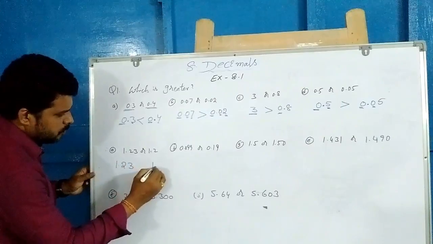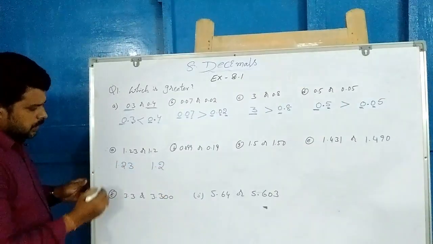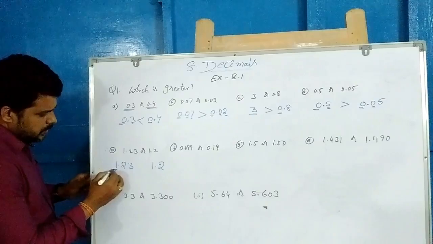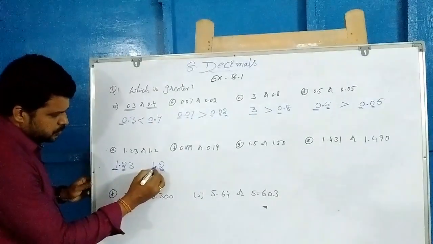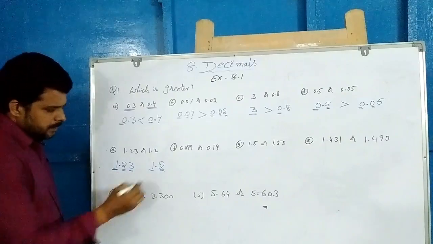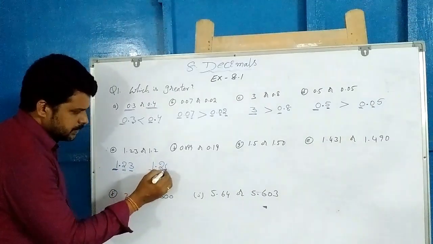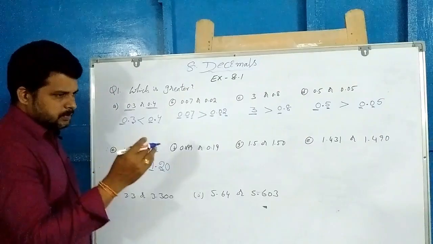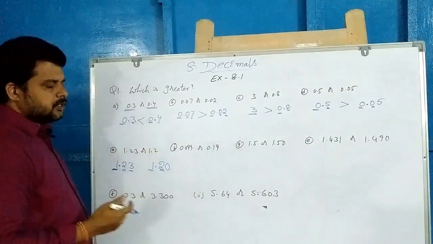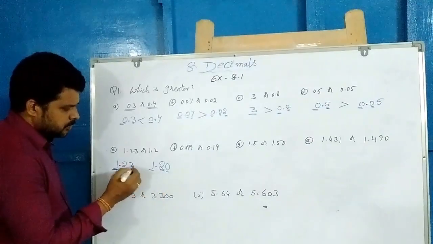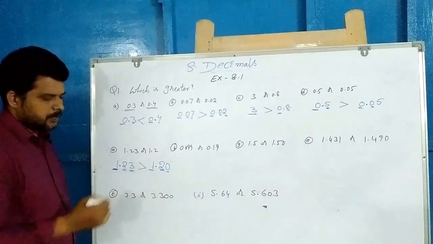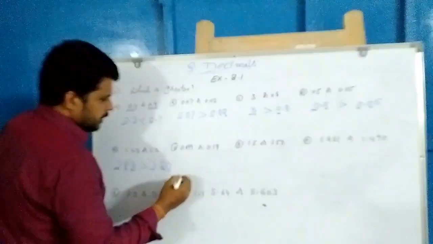1.23 or 1.2. Now check, the whole number part in both is equal. The decimal part's first one is 2, here also 2. Here 3, here there is no value. So take 0 after the decimal, the last value is 0, no problem. So 3 and 0. Comparing 3 and 0, 3 is the bigger one. So keep greater than. F sum,